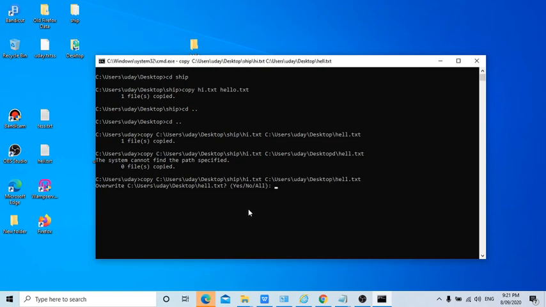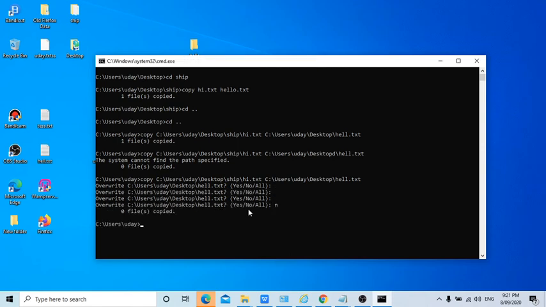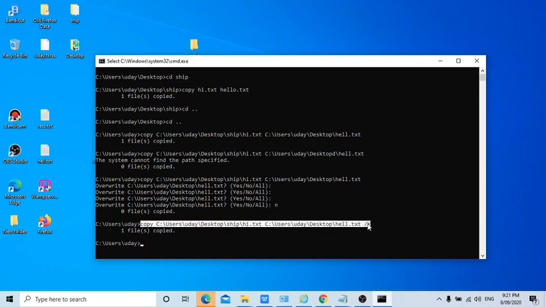But if you don't want to see this yes or no option, as I said before, slash q was for that command, slash y is for yes, so you are bypassing the yes or no prompt. For remove directory we used rmdir slash q, right? But for copy you need to use slash y. You can learn this from all the attributes. We call this an attribute to a command, by passing copy /question mark.